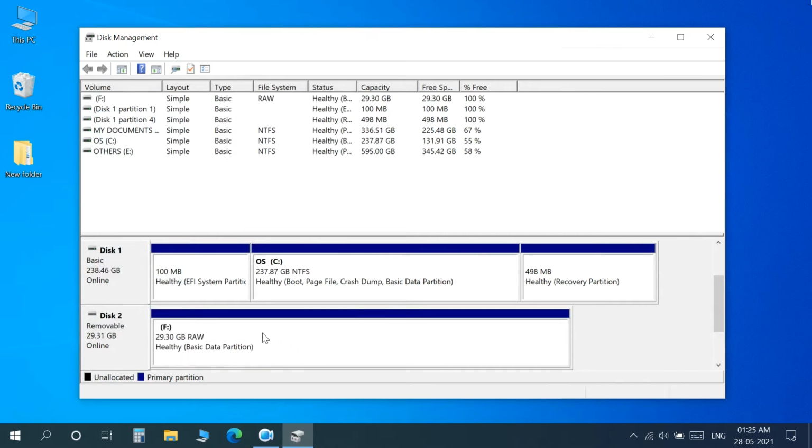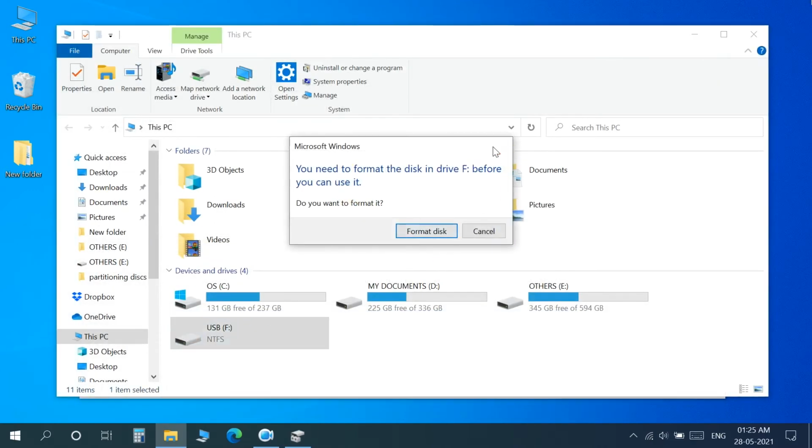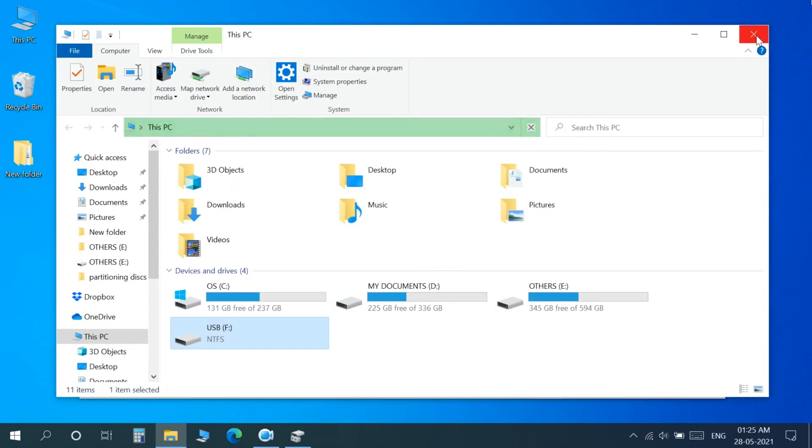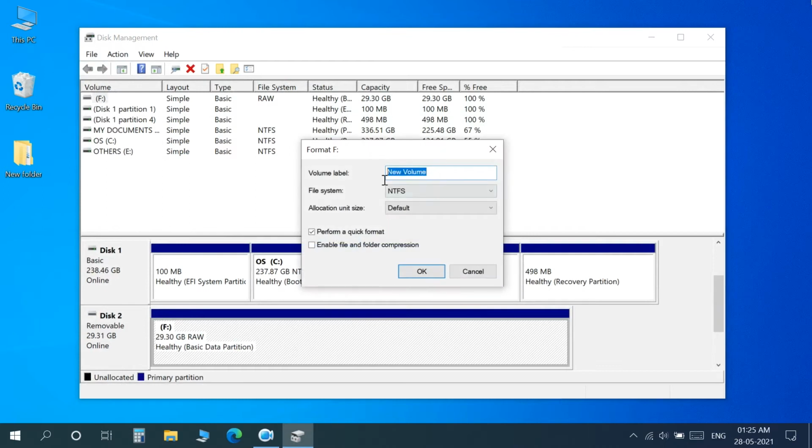Now sometimes you might face this error that it might show the drive letter, not the name, and raw format. In this case you cannot open the drive to store any data. So for this you have to right click on it and then select format. Then here you select the name whatever you want. I will again give it USB.